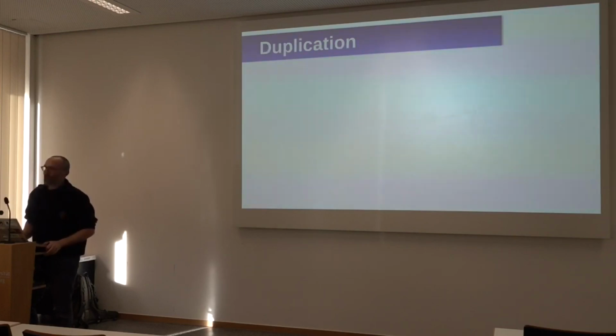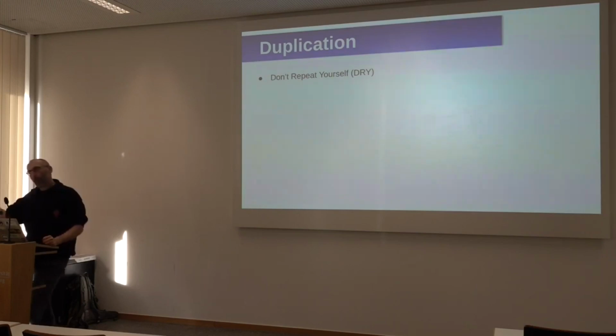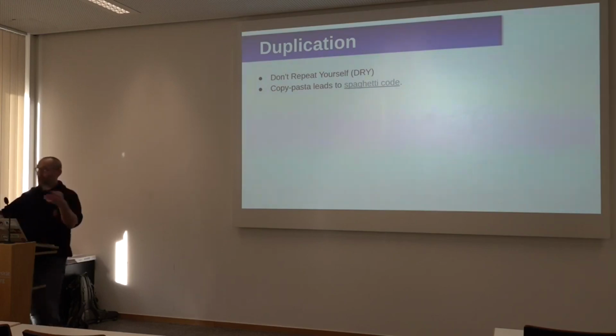Okay, one of the first things that we do is copy-paste code, right? Which leads to duplication of code. There is this principle or acronym that you might hear in software engineering called the DRY principle, which stands for don't repeat yourself. It's usually opposed to WET code, which is either we enjoy typing or we write everything twice, right? So the DRY principle says avoid duplicating things and avoid copy-pasting things. I usually tend to say that copy-pasta leads to spaghetti code. Spaghetti code is another word for code that's really hard to maintain or to work with.